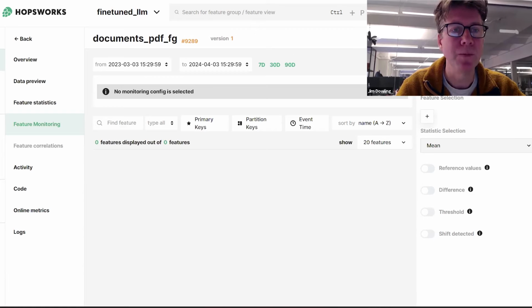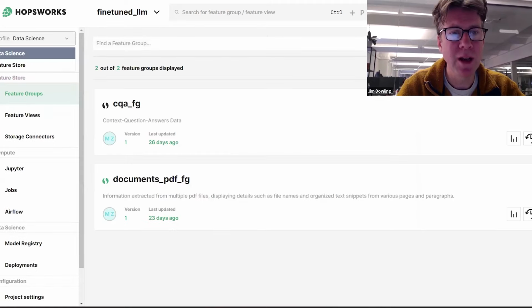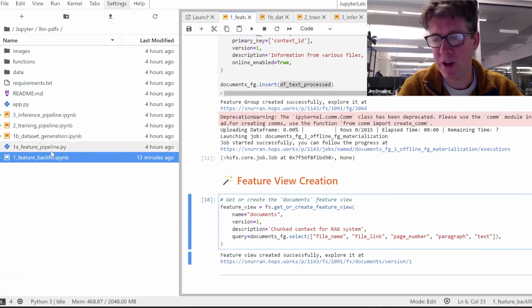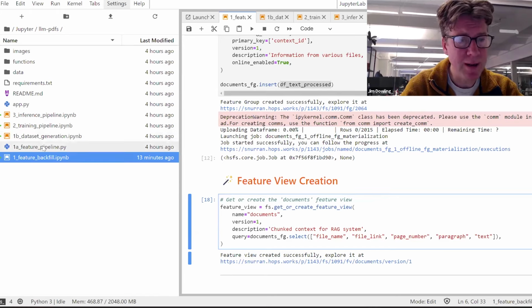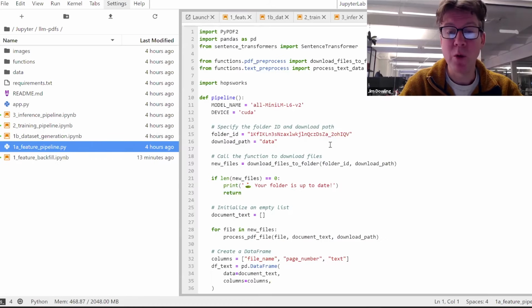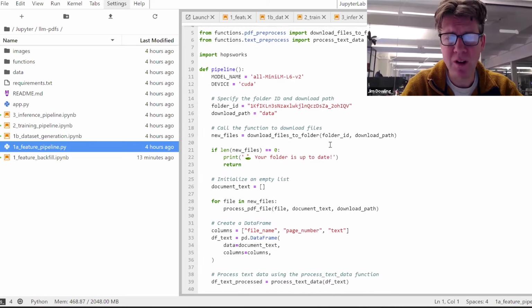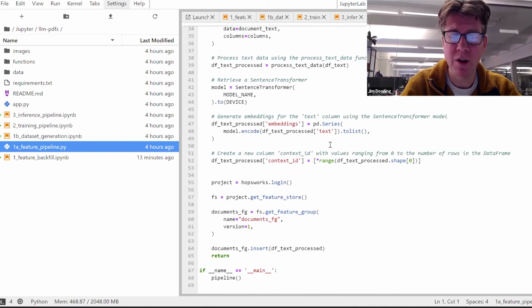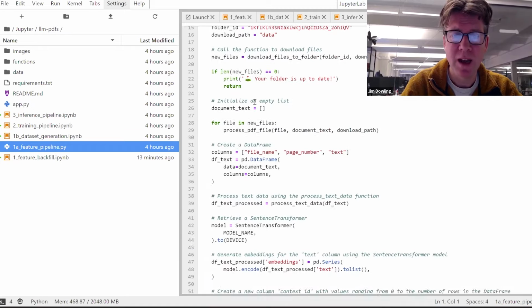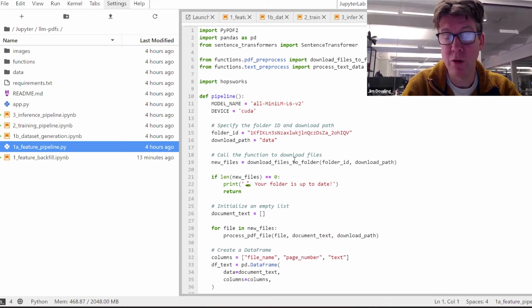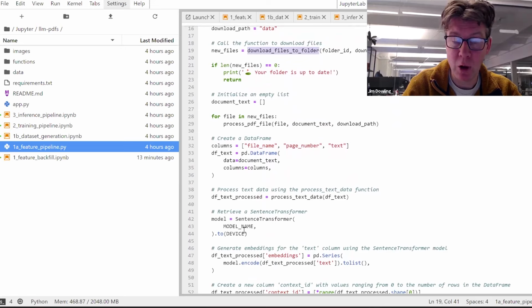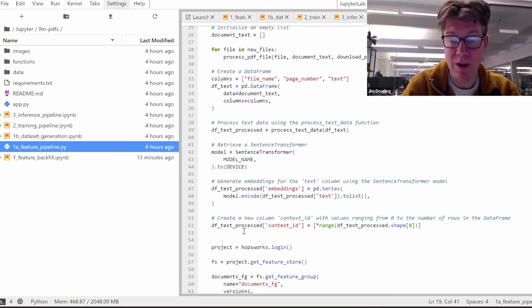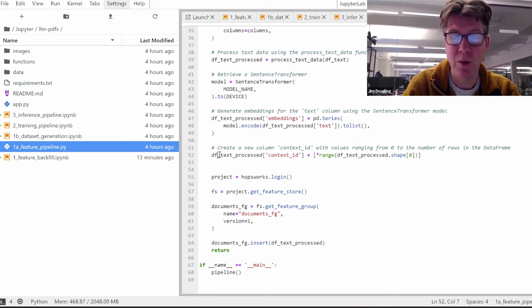Okay. So that's the backfill feature pipeline, which created our feature group. Let's move on and look at the feature pipeline, which would run daily. Or not even daily, we could run it every 10 minutes. It doesn't need to create our feature group because it already exists. It's just going to log into HopSearch. It's going to connect to the Google Drive, download any new files, and then it's going to encode the page number or the paragraph number, and then with the data frame that we get back, we're going to insert it